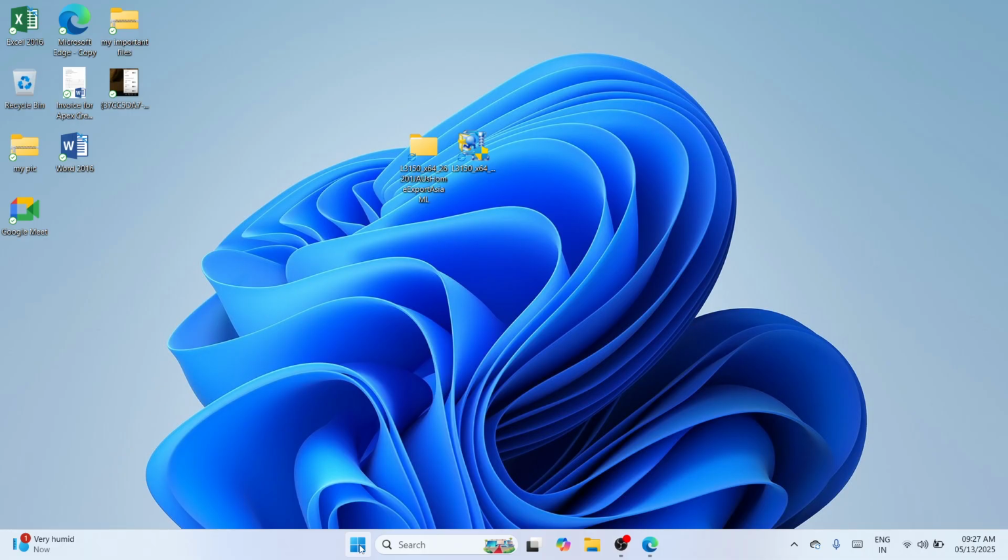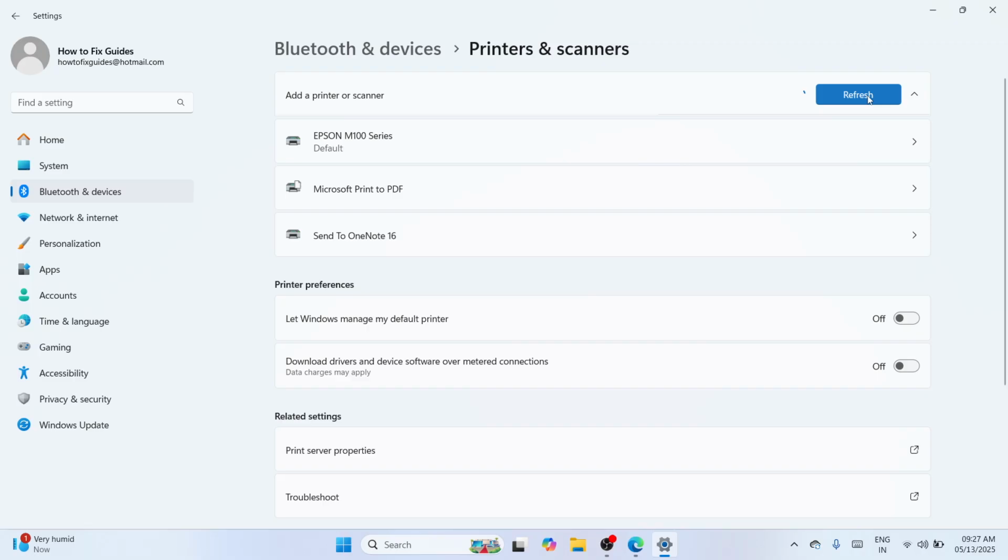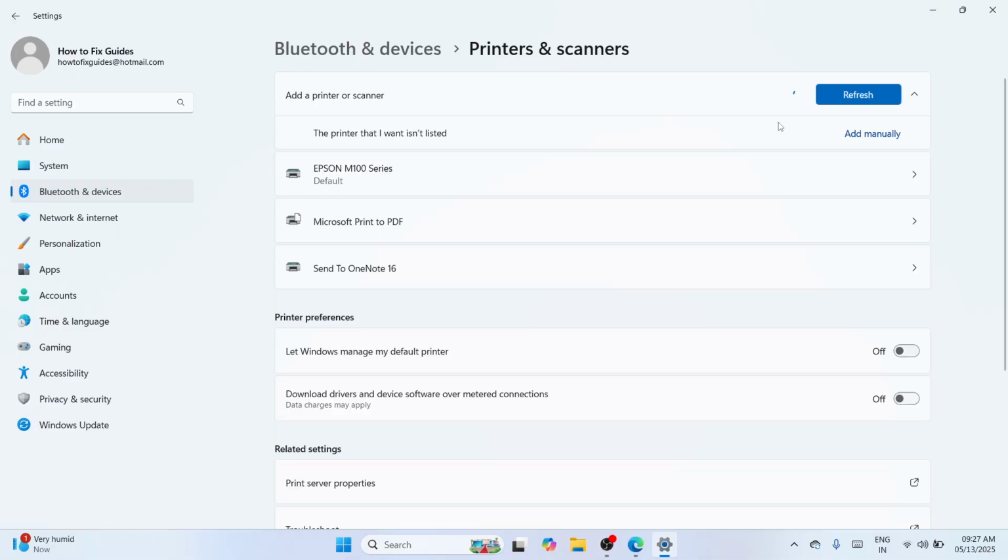Now from here, please navigate to the left pane where you can see a list of options, and please locate Bluetooth and devices. And from here, select printers and scanners, and eventually you would be able to see a window like this. Please click on add device and kindly wait until you can see an option where you can manually add our printer driver. Once it's here, click on it, add manually,